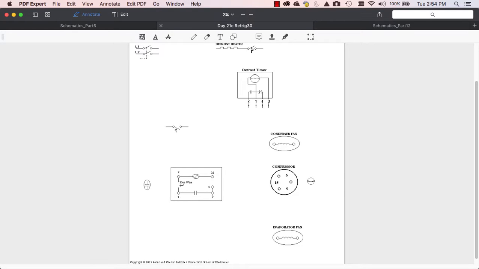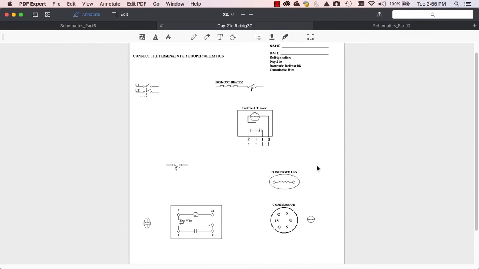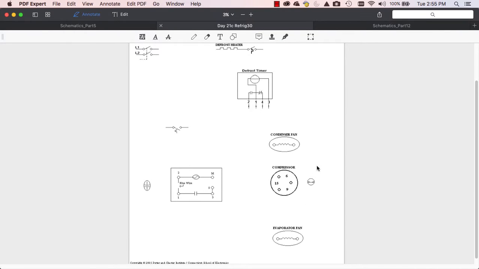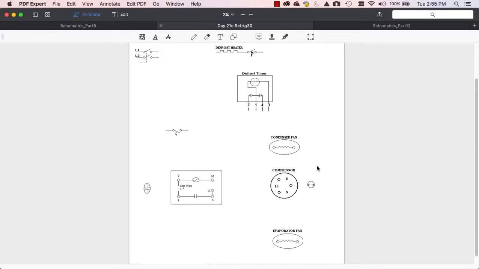One of the best ways to understand HVAC schematics is to start looking at the pictorials, which is a wiring diagram of how things are wired inside a system, and then converting them to schematics, or the ladder schematics that we use to figure out sequence of operation. Now, this one we're currently looking at, that's on our screen right now, is a wiring diagram of a cooler